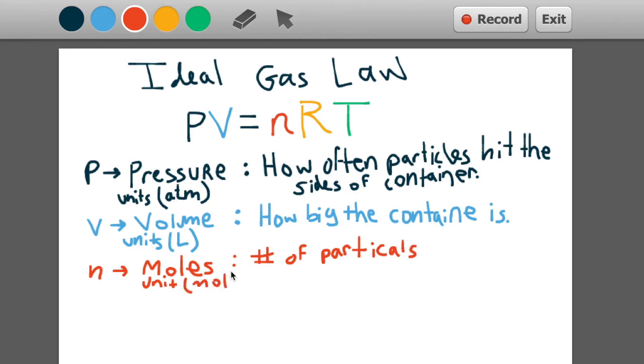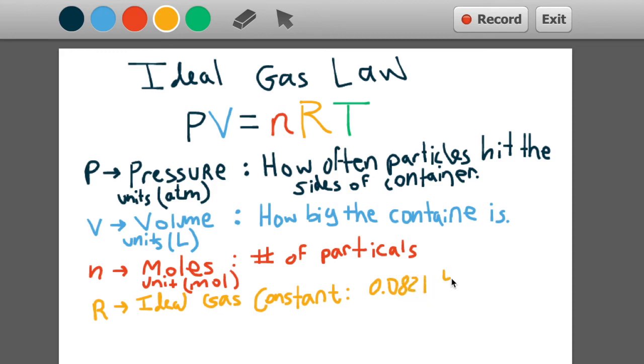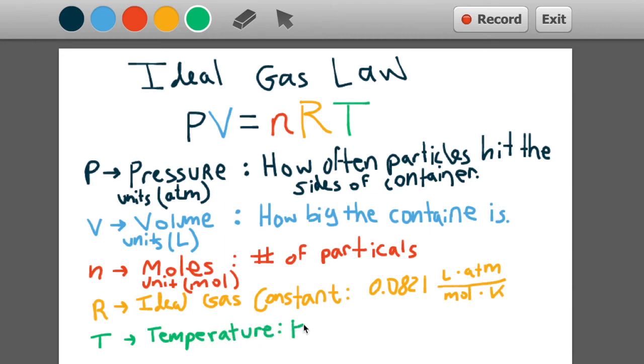The R in the formula stands for an ideal gas constant. Now a constant is a number that stays the same. Unlike the other variables that can change, they can vary, this is a constant number that is 0.0821, and the units are liters times ATM divided by moles times K. The final unit here in the formula is T, which stands for temperature, and that essentially is how